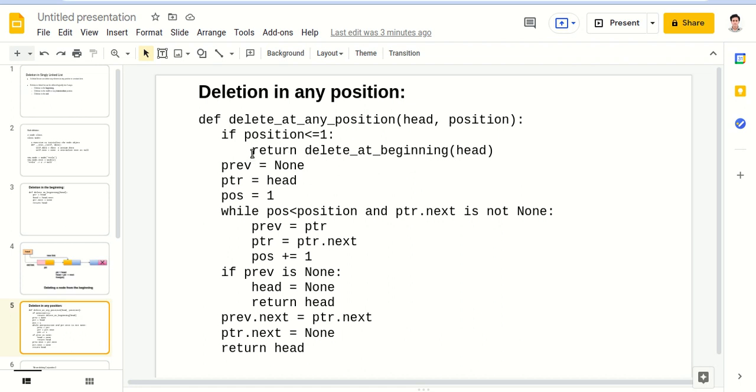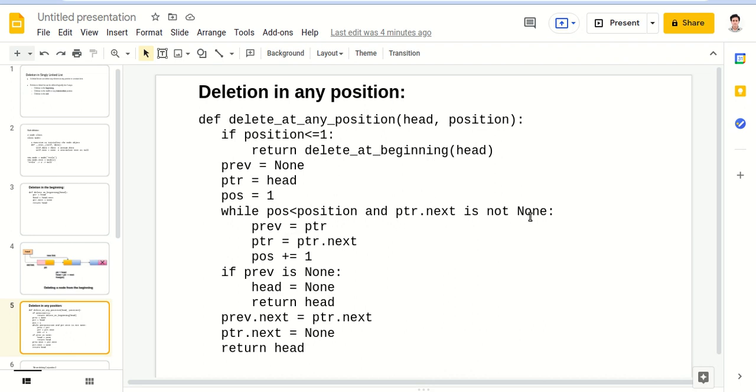The code below won't run if position is less than or equal to 1, but if position is greater than 1, that is 2 or any higher value, then this code will run. What we are doing here is initializing prev as null, ptr as head, and pos as 1.